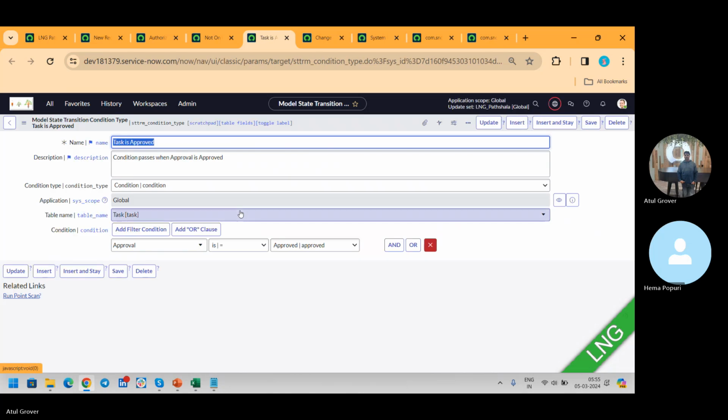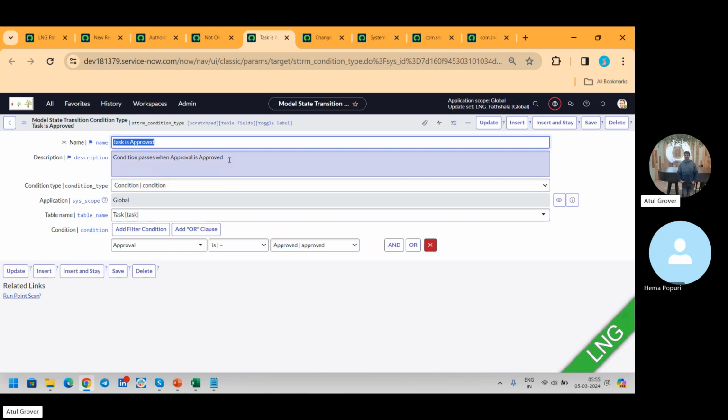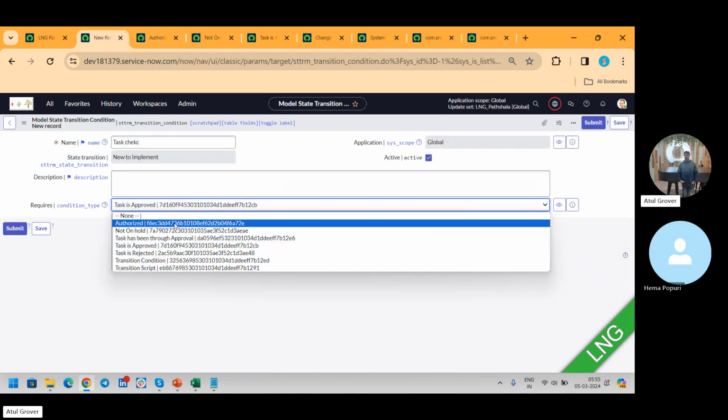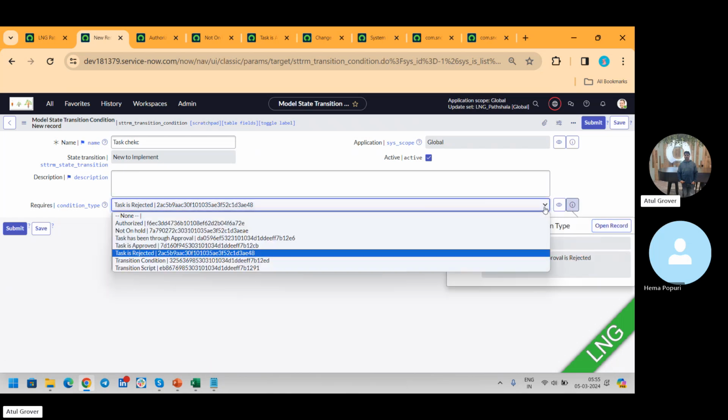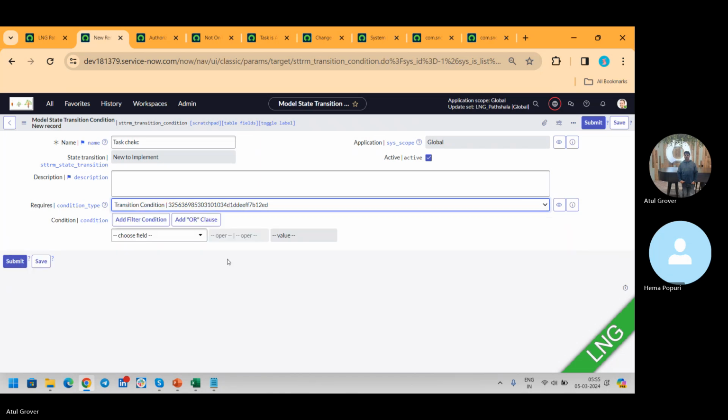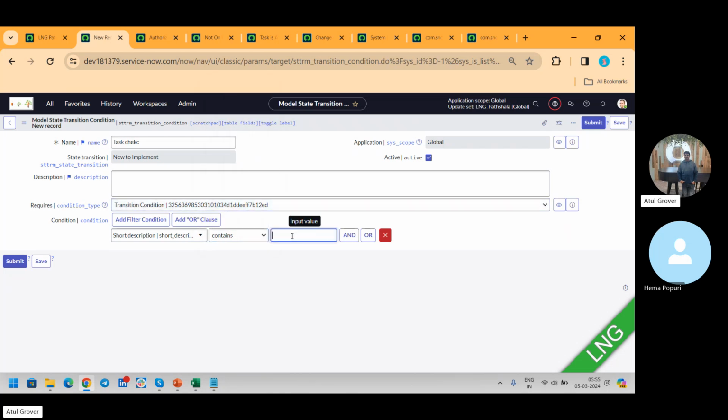Now if you see this thing, task approved, see, जब तक the time my task will not get approved, don't proceed further. देखो, अप्रूव, कंडीशन पासिस when approval is approve। जब तक अप्रूव नहीं होगा मेरा टास्क, तब तक वो आगे नहीं बढ़ेगा। Then if you see rejected, अगर मेरा टास्क रिजेक्ट हो जाए, you can see it's approval rejected, ठीक है। या फिर कंडीशंस, generally we use these things, but I say if short description contains, अगर शॉर्ट डिस्क्रिप्शन में एलएनजी है तो ये वाला ट्रांजिशन करना, अदरवाइज ट्रांजिशन नहीं करना मुझे।